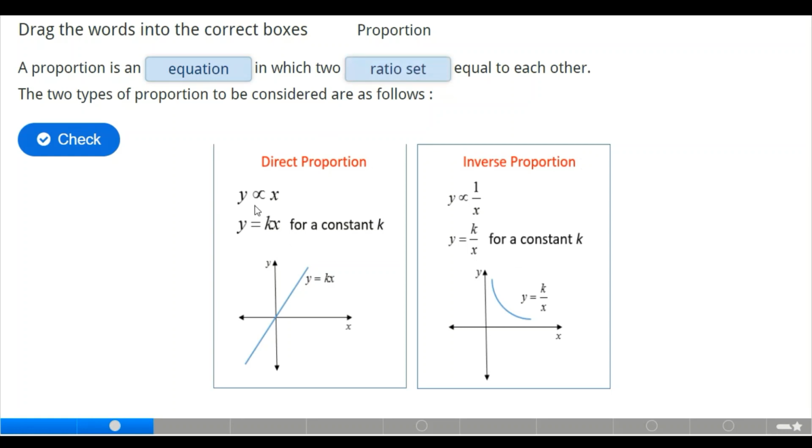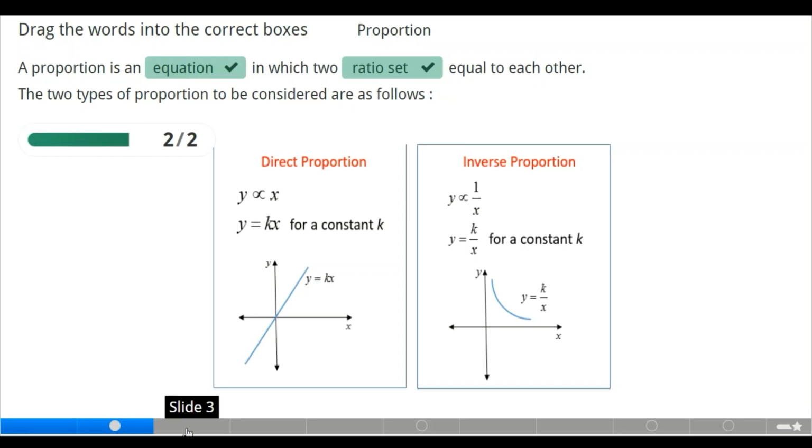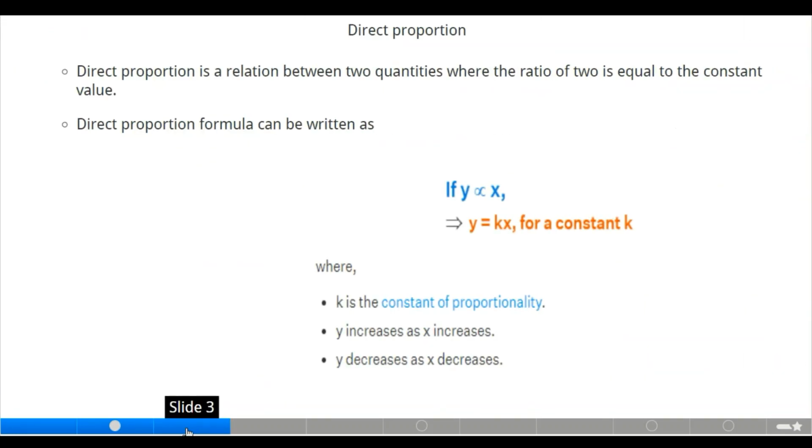This is an illustration of direct proportion here. We have an illustration of inverse proportion here. Okay, now what is direct proportion? A direct proportion is a relation between two quantities where the ratio of the two is equal to a constant value. So when you are dealing with a direct proportion, we equate the quantities to a constant value, and the constant value we represent as